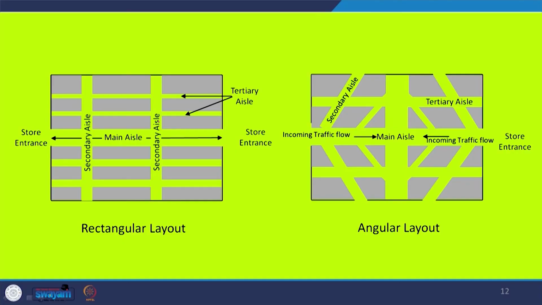On the basis of that you have these rectangular and angular systems, and in this particular case, what type of signs, symbols and artifacts you place, so that these are visible to the customer and customers can readily identify them. All these are important parts of the development of retail outlets.